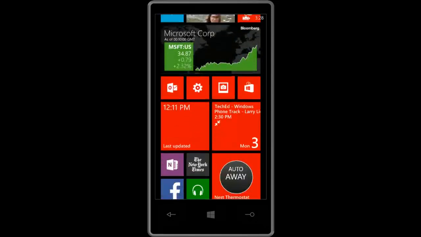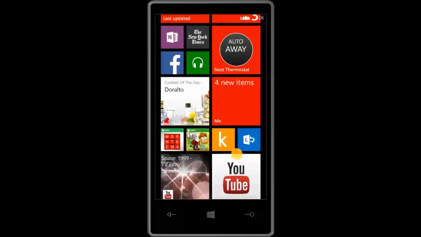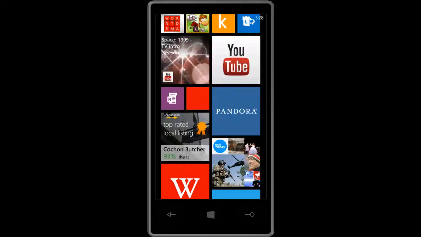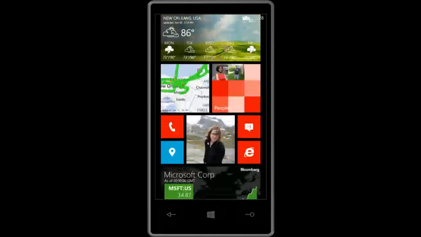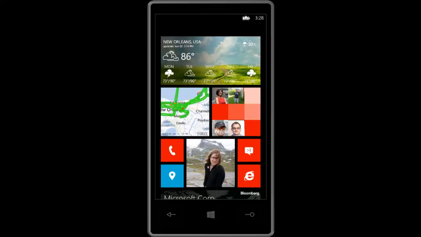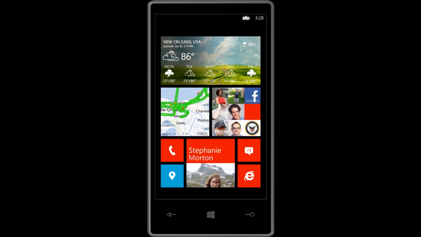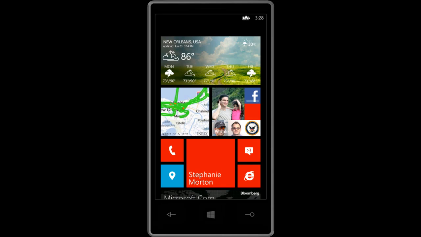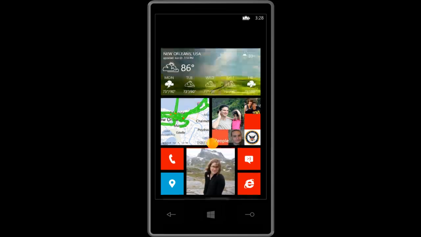Some developers just wanted the ability to have a tile that had a big number on it, like the missed phone call icon that we have. And so we created a new template for that we expose to developers. And we also have a new template called the cycle tile, which lets you have images cycle that you download in your background agent. And then you also see a couple other things here.